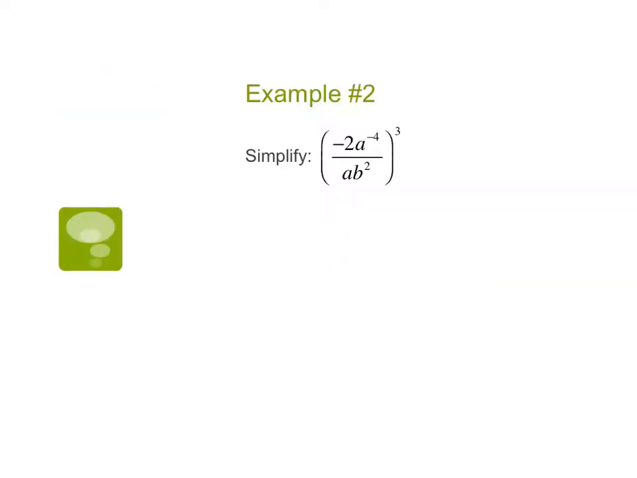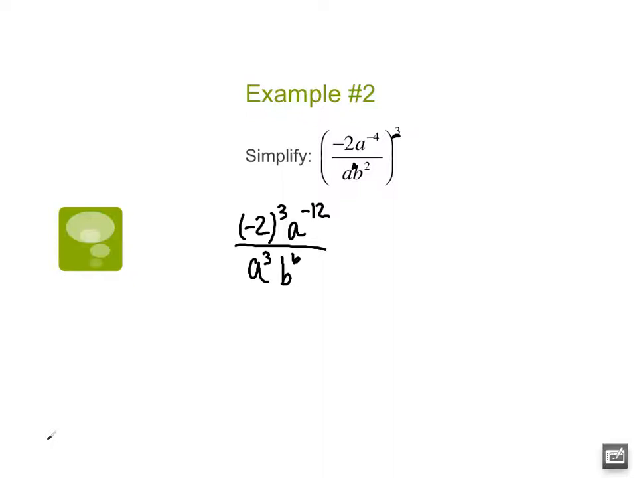Okay, here's our second example. So our step number 1, we said, is to distribute any powers. So that's what I'm going to start with, distributing this 3. So this becomes negative 2 to the third power, a to the negative 12th, because of the power to a power, a to the third, because remember that this is the first power, and then b to the 6th, because